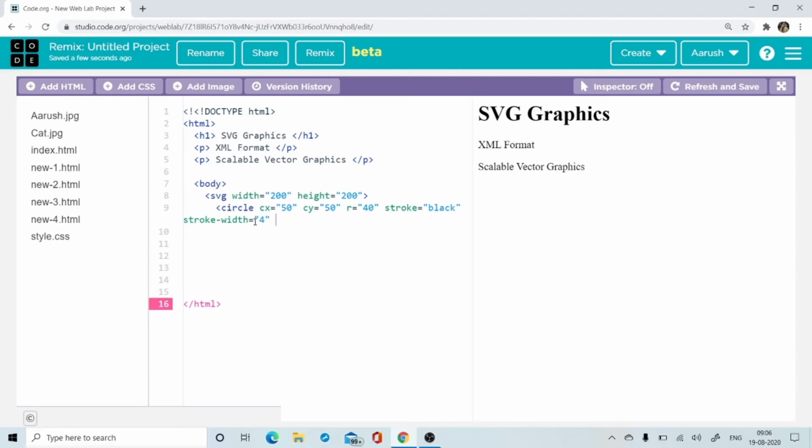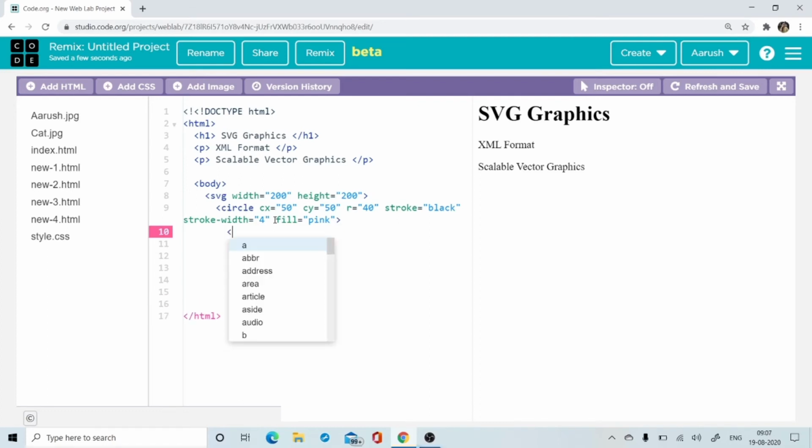Suppose this is what I need. And which color do I have to fill inside? After fill you have to put equal to, then you should say pink, and close it.